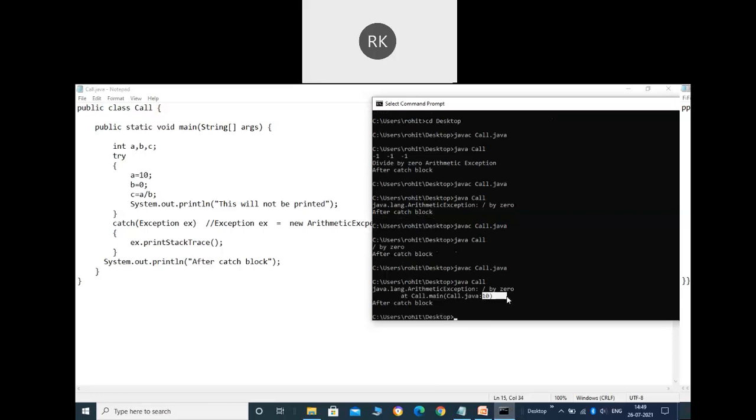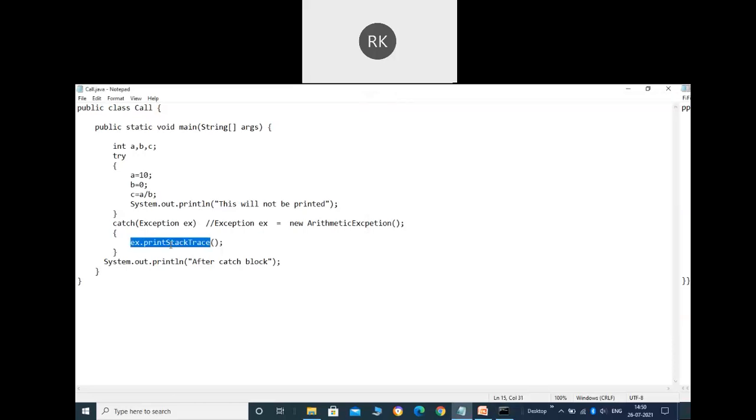So it is telling us the name of the class as well as the name of the method where the exception has occurred, and also the line number, which is line 10. Also the name and class of the exception, the ArithmeticException divided by 0. The printStackTrace will give you a full description of your exception.